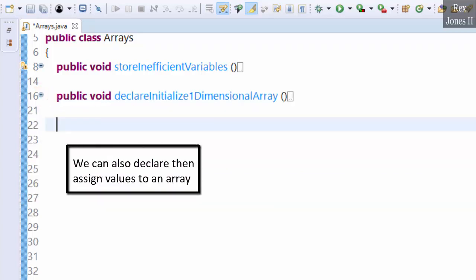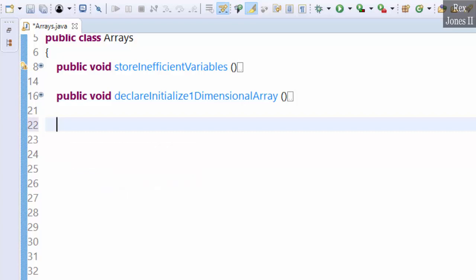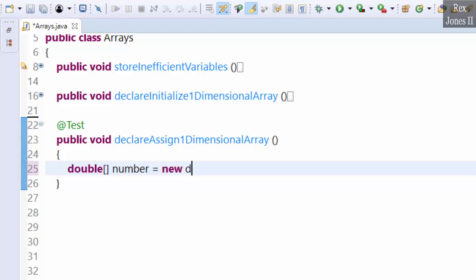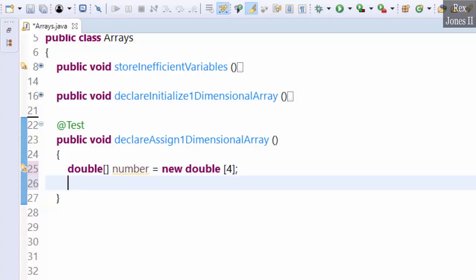We can also declare then assign values to an array. Let's use a double data type. So we write double square bracket number equal new double square brackets with 4 inside the parentheses. In this case, the array is called number and 4 indicates how many values we want to allocate for the double data type. Now assign values to number 0